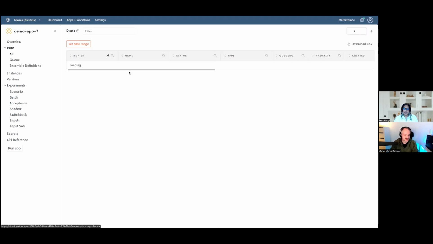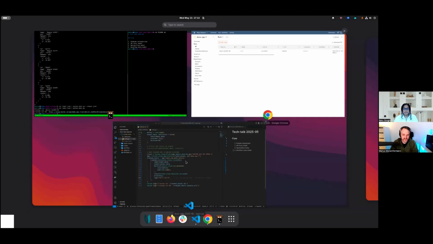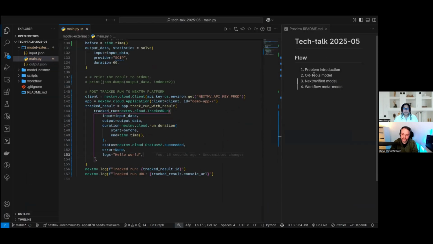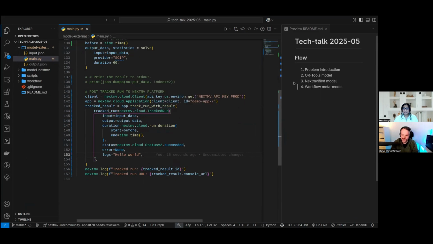And obviously also get the run history. So our run is popping up here and categorized as type external, because it actually didn't happen on the platform. So that brings us back to our flow. So the next step is Nextmovifying the model. And for the sake of time, because this is rather short today,